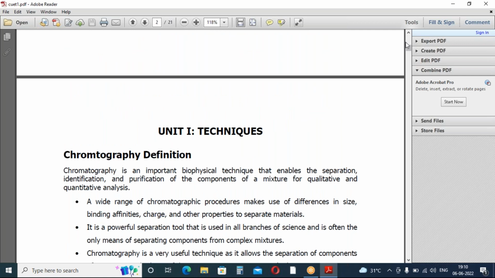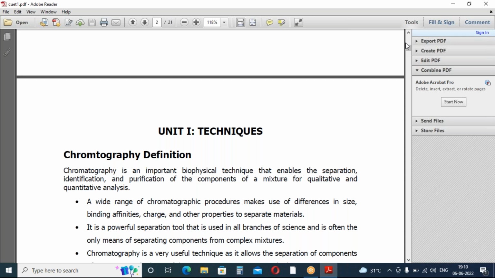I think you know about the techniques because all of you have completed your BSc, and in that you could choose biotechnology or microbiology. I think you know the total concept of that syllabus. First of all I am discussing the techniques. As a life science student, you have to know well the techniques that are used in biotechnology, mainly consisting of separation or purification,